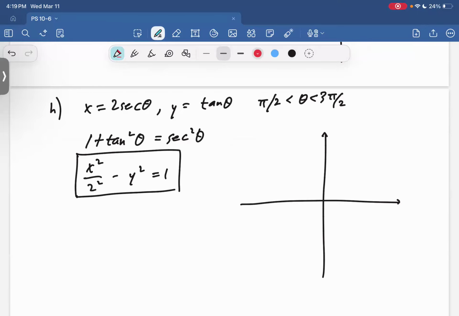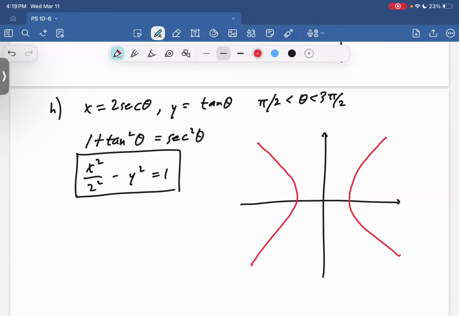So it's a horizontal hyperbola with a equals 2. So I'll have vertices there. And which branch should I keep? Well,